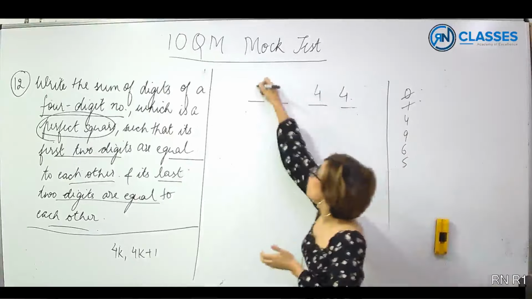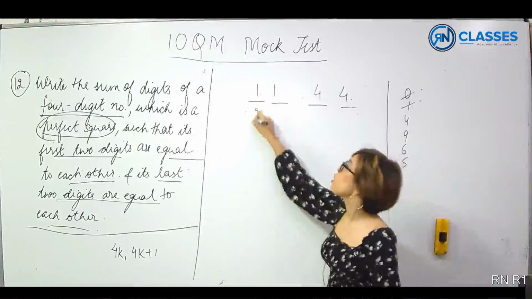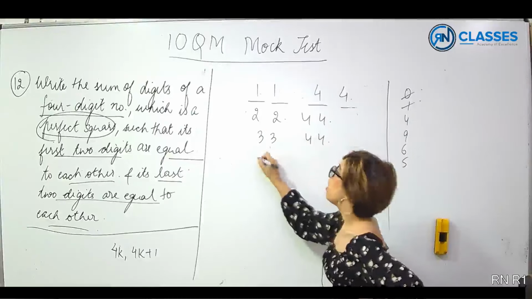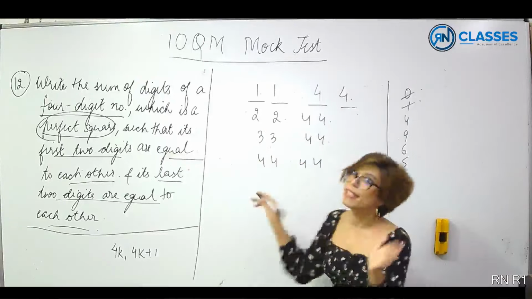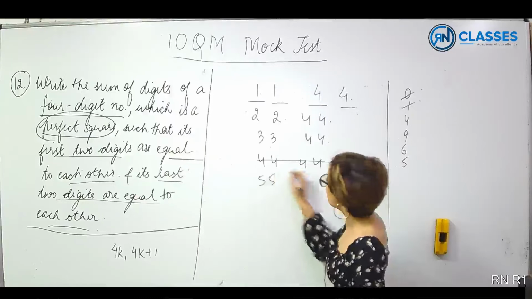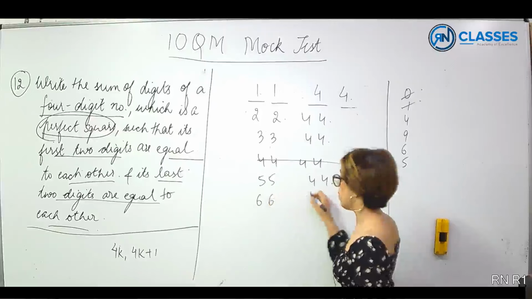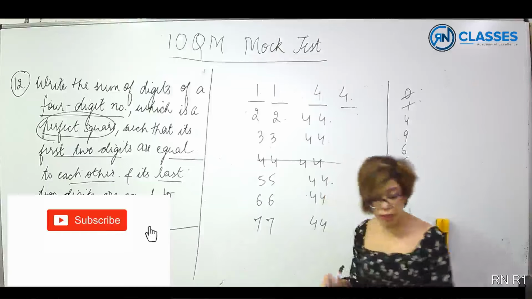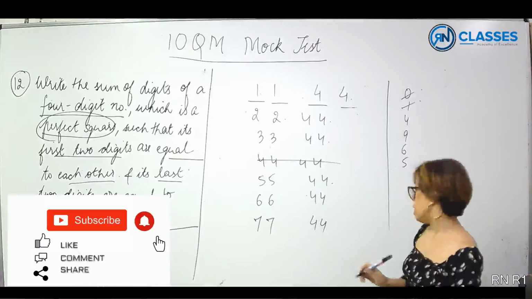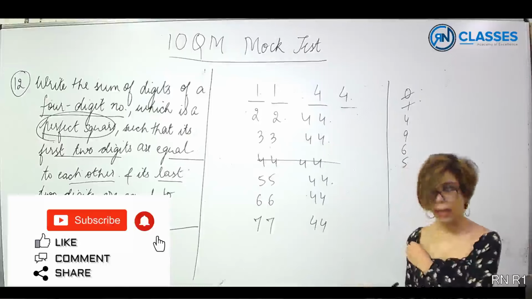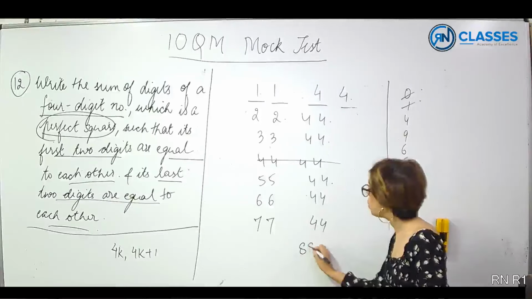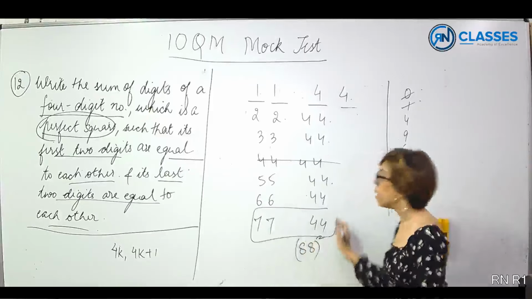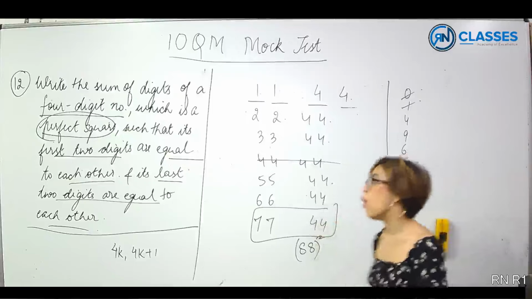So first, obviously, I'll check for 1, 1, 4, 4. It's not. Then you can check 2, 2, 4, 4. Again, it is not a perfect square. Then 3, 3, 4, 4, not a perfect square. 4, 4, 4, 4. This is definitely not a perfect square. Then 5, 5, 4, 4, not a perfect square. 6, 6, 4, 4. You need to check these. Not a perfect square. 7, 7, 4, 4. You will realize that this is nothing but 11 into 8, 88 whole square. Right? So that means this is the required number. He says write sum of digits, will obviously not be